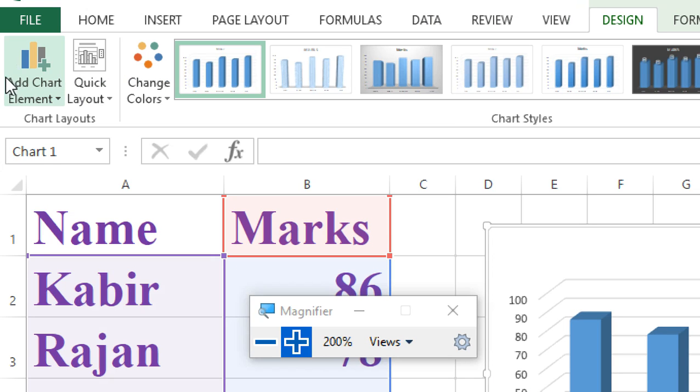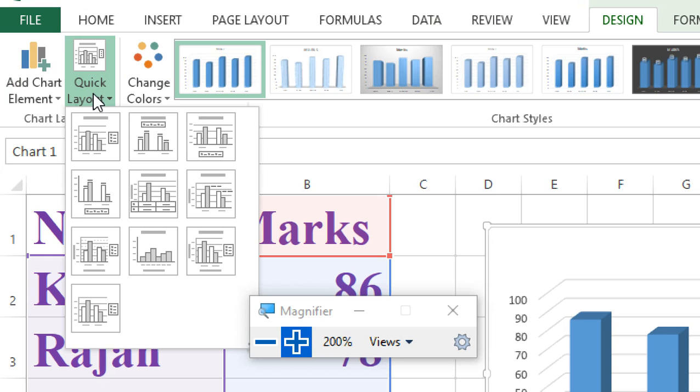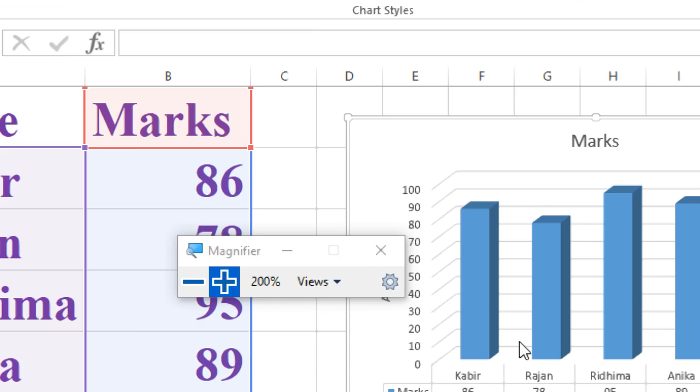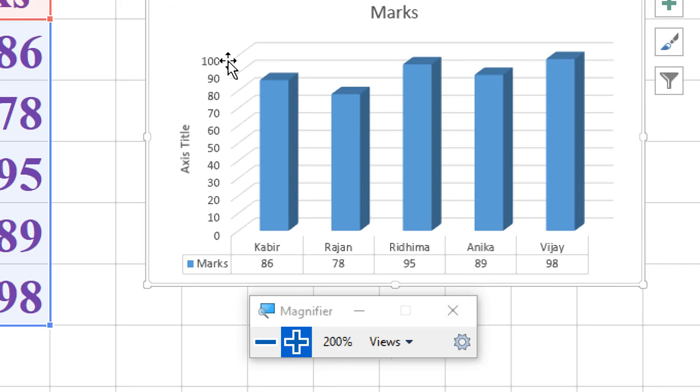Okay, in the design tab there is chart layouts. In chart layouts there is a quick layout also. From this you can choose anything, like this type of thing, which gives you this way. Axis title also, it will give you the option for axis title, that this is marks.